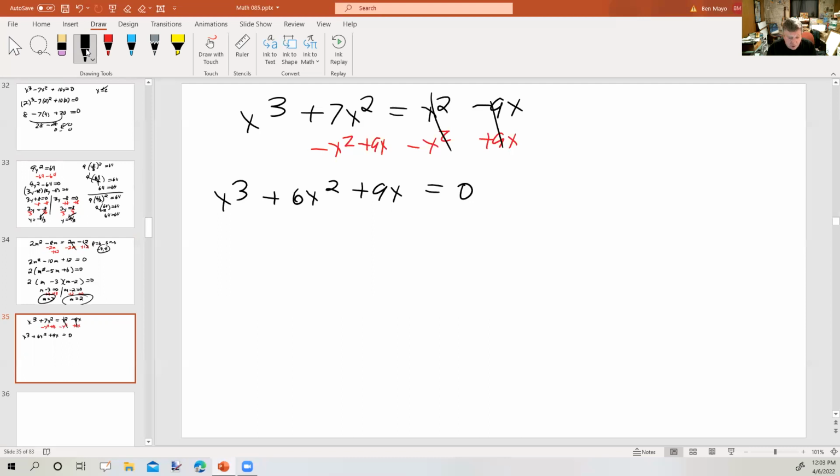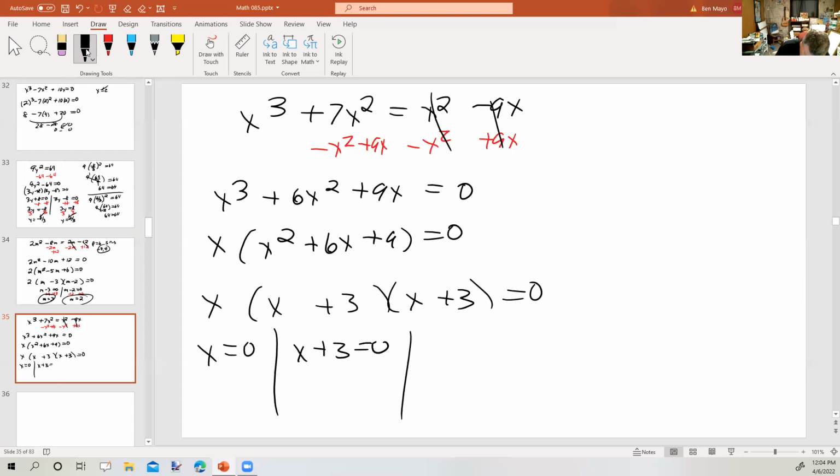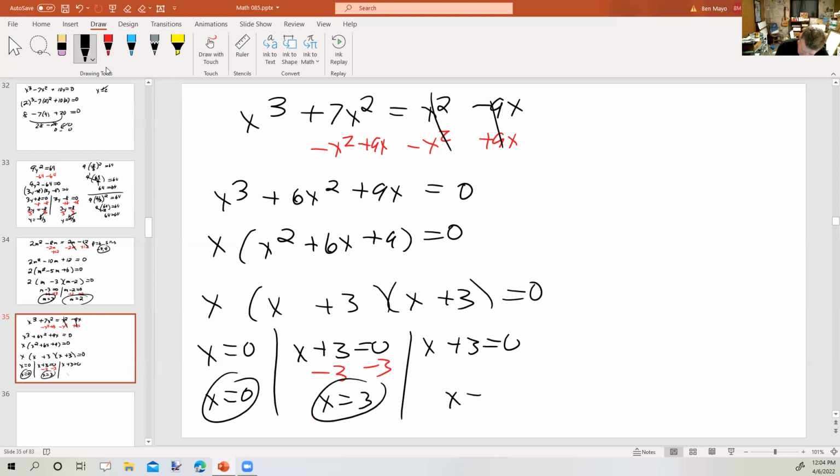On the left side of the equation, I could factor out the greatest common factor, which is an x. Then I could take the trinomial, which suspiciously looks like a perfect square, and it is. Then I could take each factor that contains a variable, set it equal to 0 and solve it. Well, if x equals 0, x equals 0. If x plus 3 equals 0, subtract 3 from both sides, x equals -3, same equation, same solution. So we've got 0 and -3